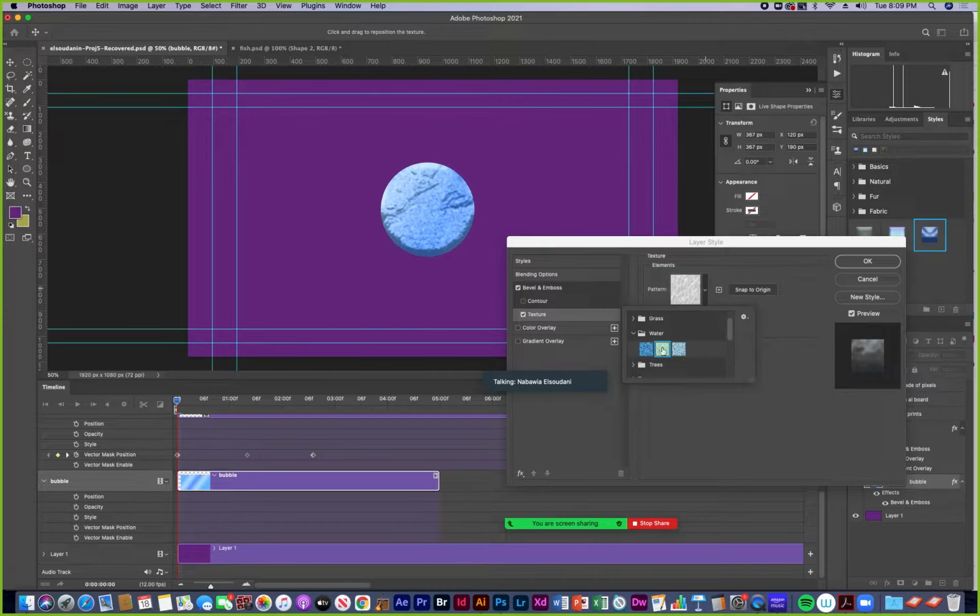These are, okay, so there's water textures. Looks like a world now. Just adjust that a little bit.